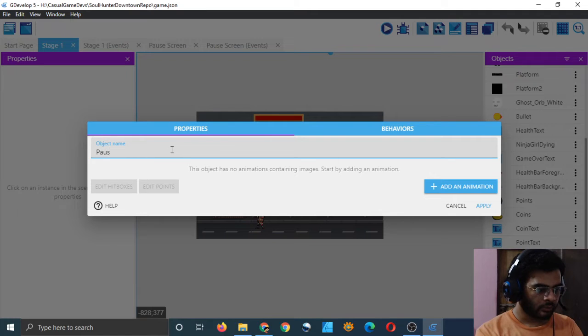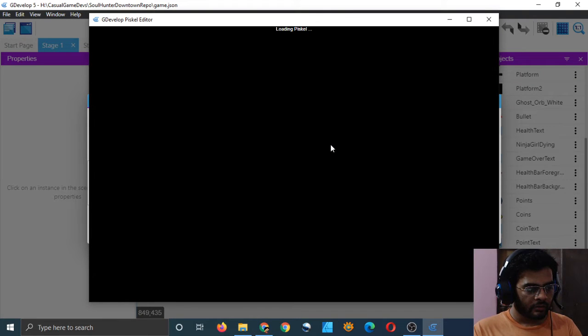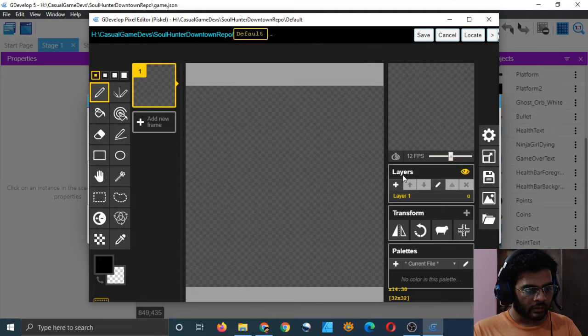So let's do it. Click on add a new object here and sprite. So pause button, add animation, and that is default. Edit with pixel size for easy editing.